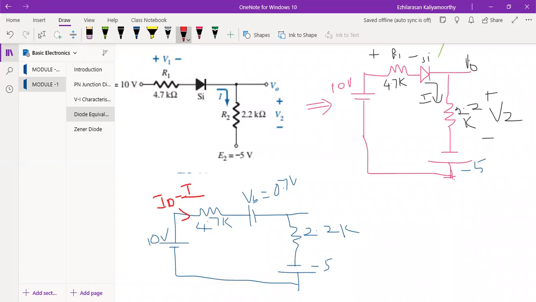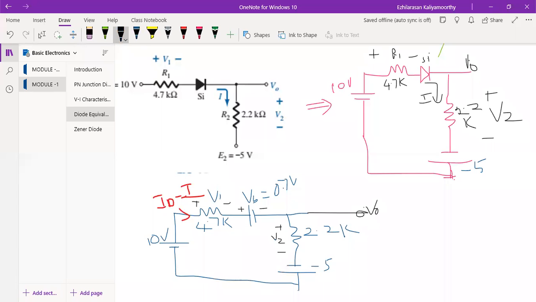So first, what you'll do, the current is like here. See here, this portion is nothing but plus minus, and this is V1. I hope you understood. That is V1, right? Next, we have plus minus 0.7, then this will be plus minus across this. This is nothing but V2 actually. This complete one is finally nothing but V0 actually.